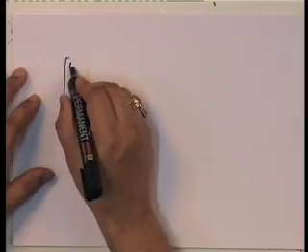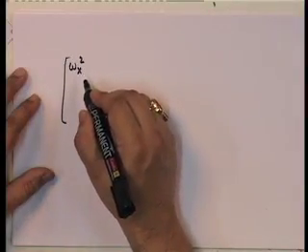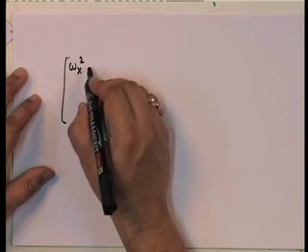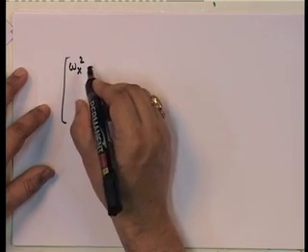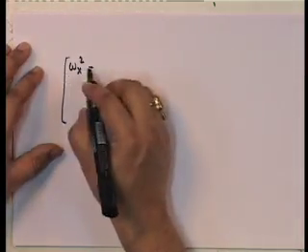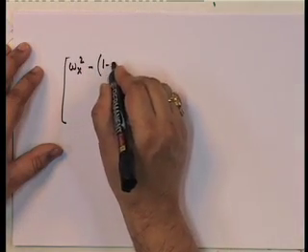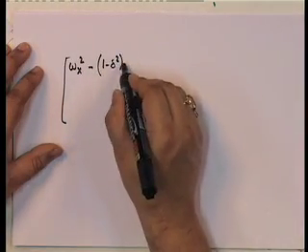I have omega x squared, so this is going to be equal to minus omega squared. This is omega 1, so this becomes 1 minus delta squared